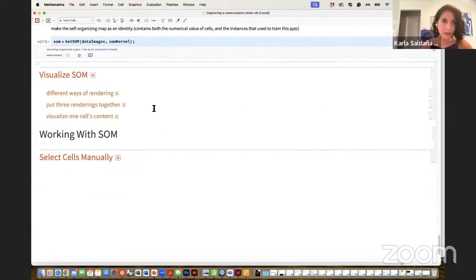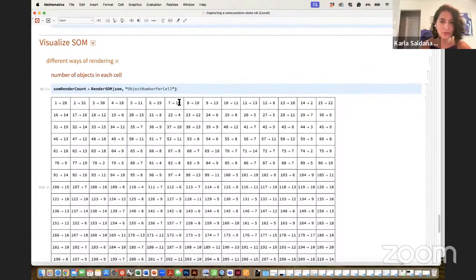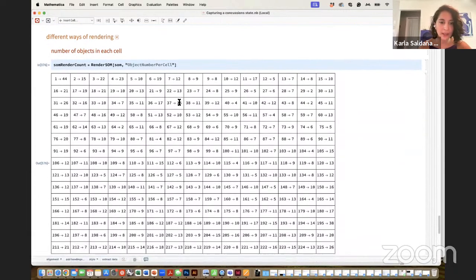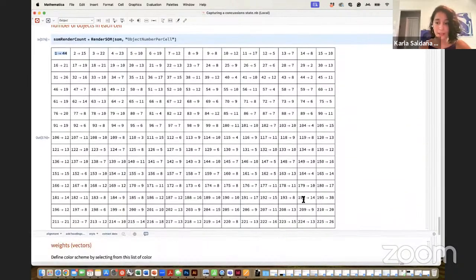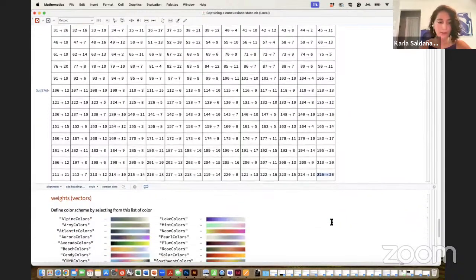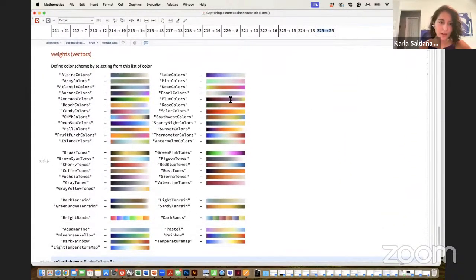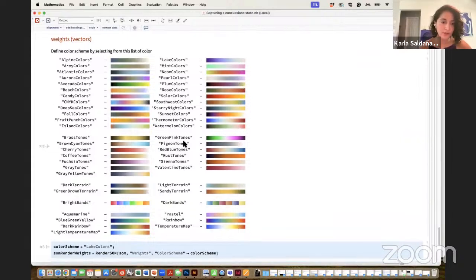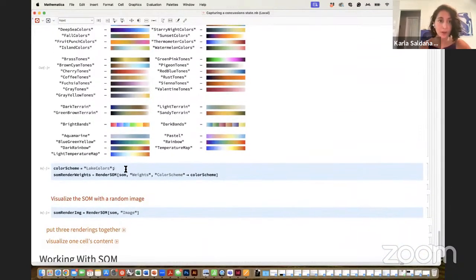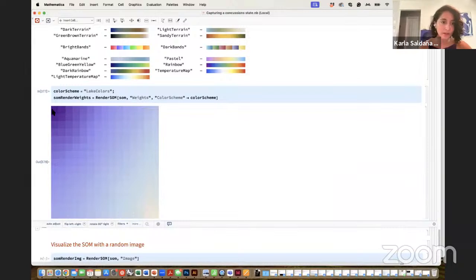So we can visualize the output of the self-organizing map. The first line that you can run is seeing how many elements you have in each cell. So it's saying cell number 1 has 44 images that are alike, cell 225 has 26. I'm also giving a way to map those feature vectors into two-dimensional colors. So you have many ways to render these. I've decided to do the lake colors, which are these ones. This is helpful to see how well your self-organizing map is trained. So it looks like it's well trained. You see there is a smooth spectrum between different colors.